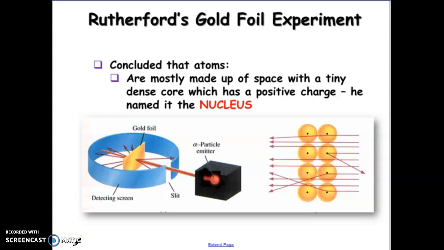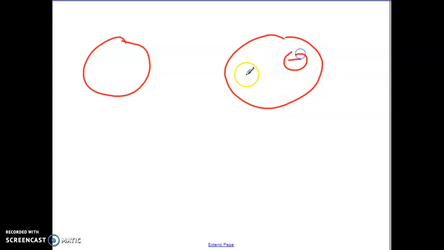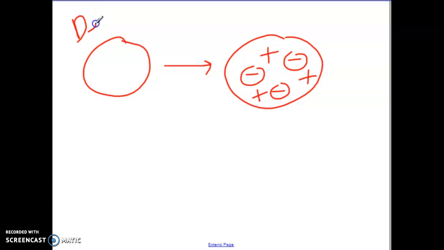Okay, everyone, so let's recap what we know so far. Democritus and Dalton had essentially the same type of model: a billiard ball spherical model with nothing inside, dense and solid. Then we had Thomson, where we have little negative electrons, and he hypothesized that the sphere was positive, right? So here's our kind of timeline. This was Democritus and Dalton, and then we had Thomson,